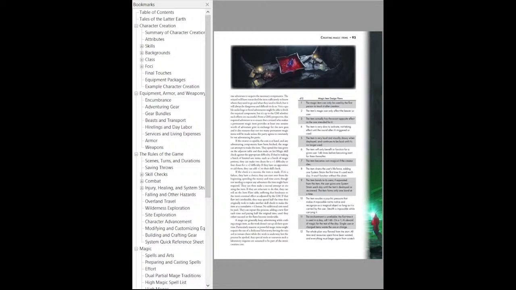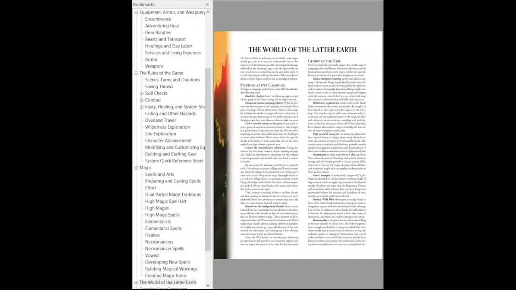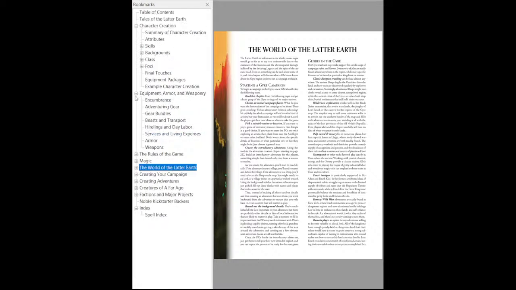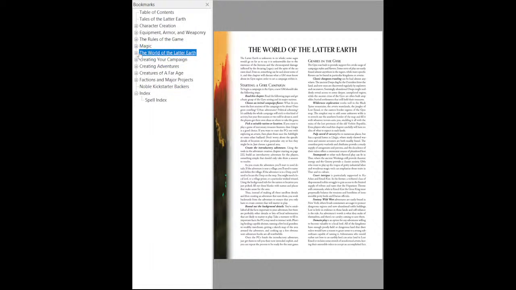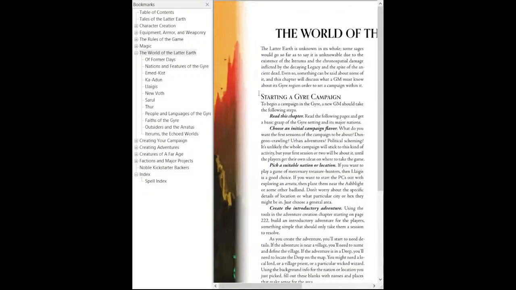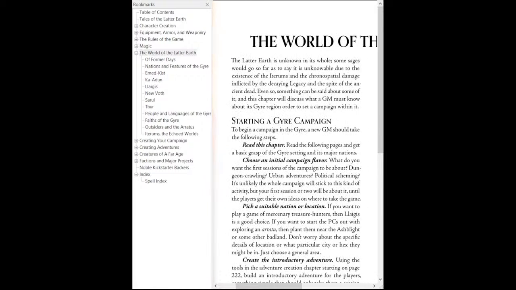All right, so now I think we're past magic. Now we're going into the lore and world building section of the game. We're looking at the lore, the world of Later Earth. Let's see what sections they have. Okay, Of Former Days. Okay, so we're talking about starting a Gyra campaign, as you can see here. Starting a Gyra campaign,